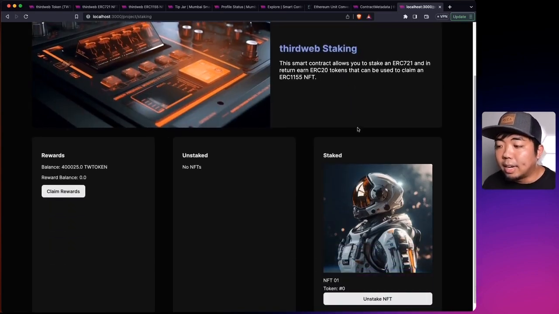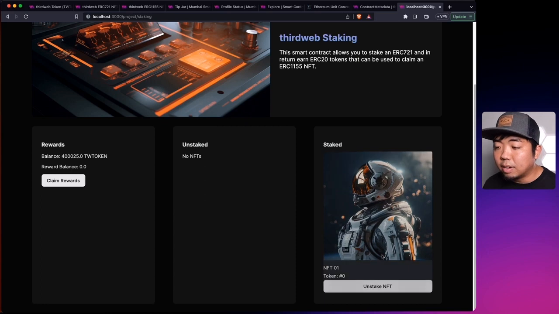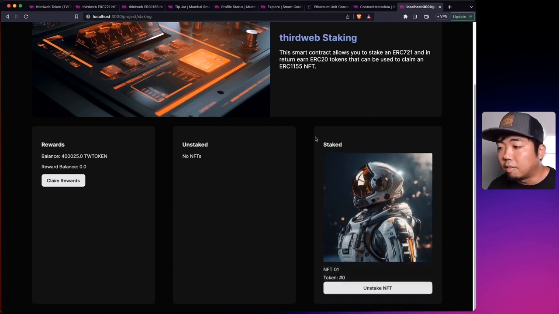And once our NFT is staked, you can see it is now in the staked section of our application. We have no unstaked NFTs here. And if we wait a bit, we'll start to earn a reward balance. Now, currently I have this set to earn 1 token every 15 seconds. So we'll wait a bit. I'll come back once we have a few tokens that we have rewarded to us, and then we'll be able